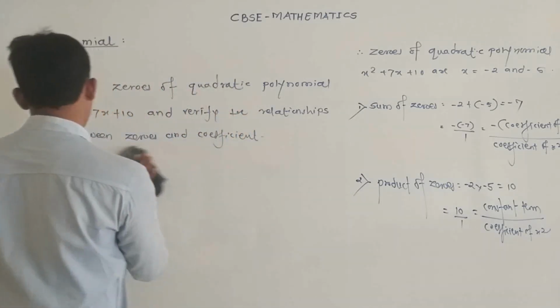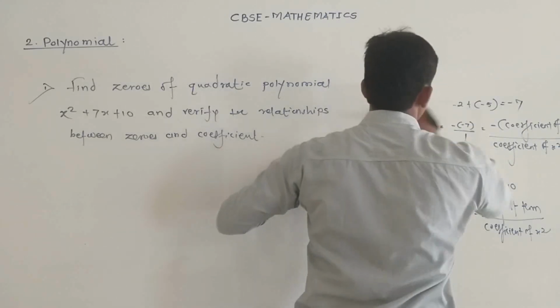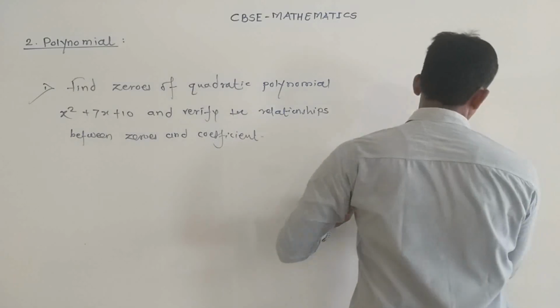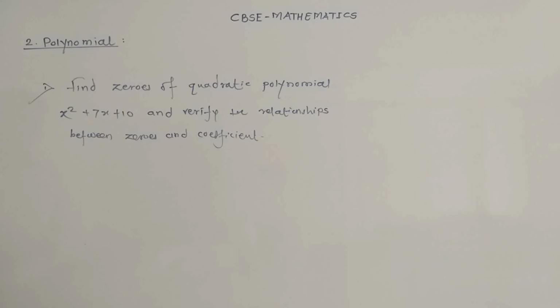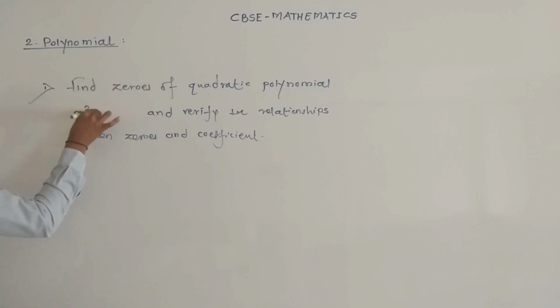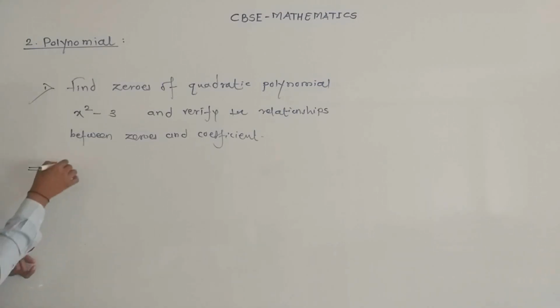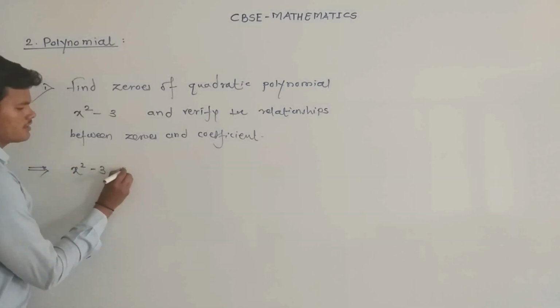Find the zeros of the quadratic polynomial x square minus 3 and verify the relationships between zeros and the coefficients. So first, find out the zeros of the polynomial. x square minus 3 is equal to